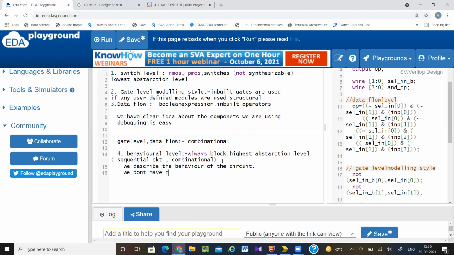We don't have any idea what are the components used. It's up to the tool what circuit is synthesized.